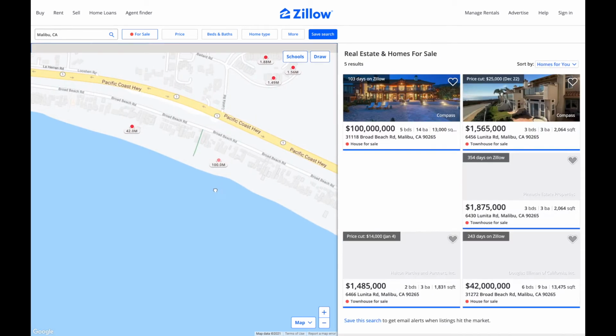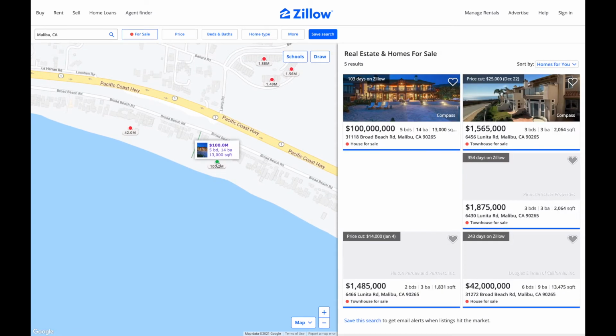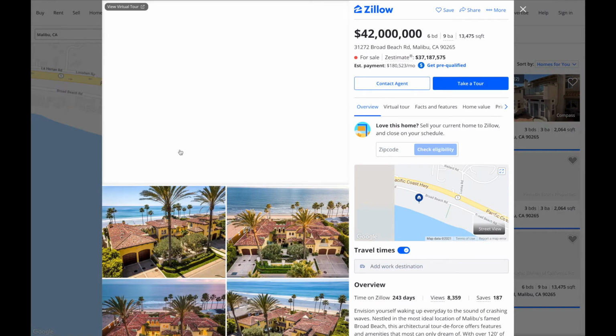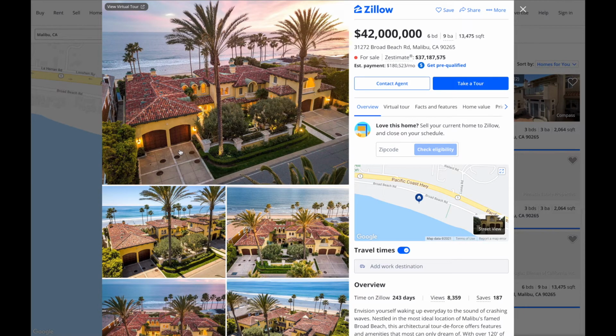And you can see here we've got Brosnan's home on the beach, $100 million right there. That's quite something indeed, isn't it? Just down the road here, same road, Broad Beach Road, $42 million. And this property here is